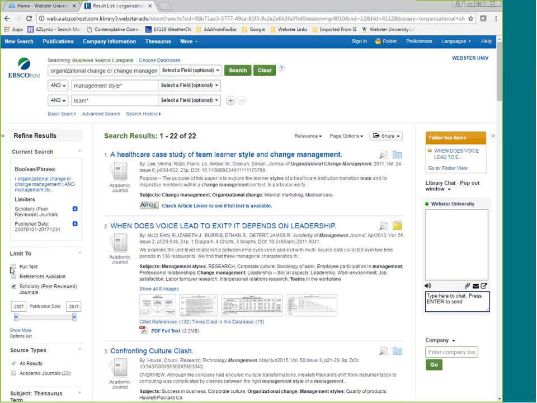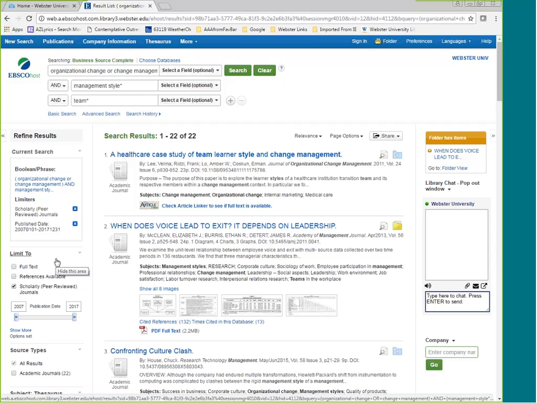in our scholarly peer-reviewed journals, there's a little limit to full text. I'm going to suggest that you not use that, unless you just need an article for class, and class starts in 15 minutes or half an hour. Then if you've got a lot, you might want to go ahead and click on full text. But otherwise, if you're looking for the best articles, just because they are or are not full text in a particular database says nothing about the quality.